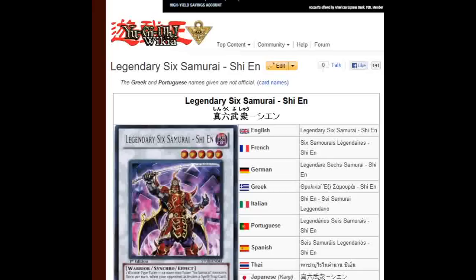Number one reason is because as much as you think it's broken, remember, it can only negate once, so you can bait it out with a Book of Moon or a Giant Trunade or something, and then Dark Hole their whole field. Number two reason, even though it's 2500, you can easily synchro with Tengu or something into a